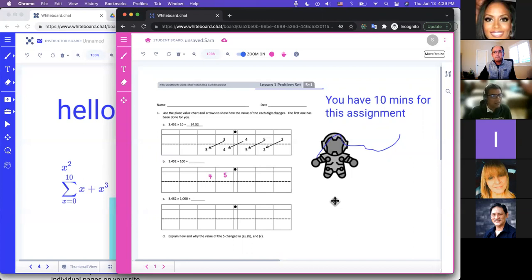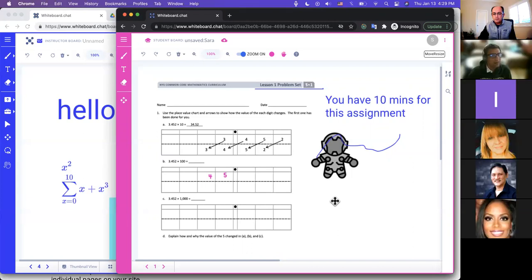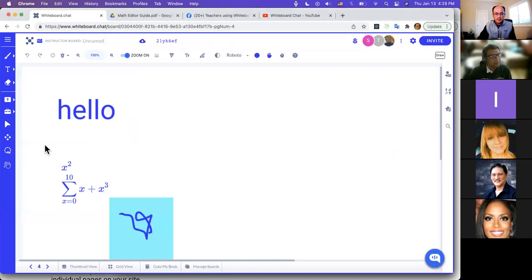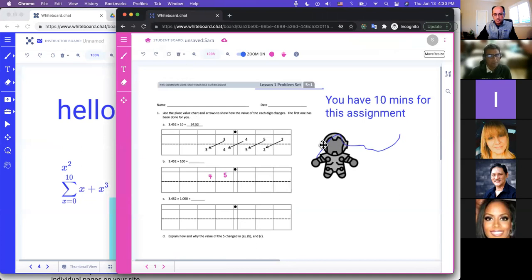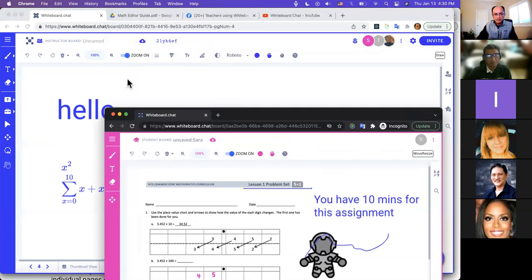The second one is, can the student work on their board after the class session is over? Absolutely. That's exactly what I mentioned at the start, that the content on this board can be prepared by the teacher in advance or can be updated during class also. And once the board is prepared, the students can work on it at any time. All they need to do is join the board, and they'll get to see the content that they worked on. So for example, if Sarah is out here and Sarah closes the board,